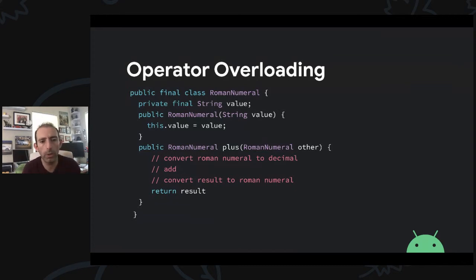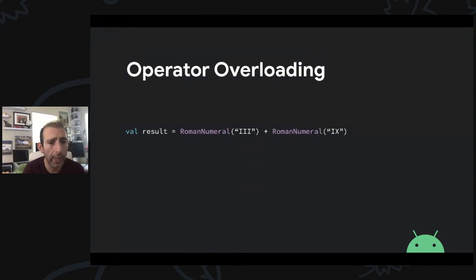It will convert the Roman numeral to decimal, add them together, then convert the result back to Roman numeral. Once I implement this method, I can basically just use the plus sign, and Kotlin will go back and call the plus method we implemented. So this is super useful in such cases, but always be careful about